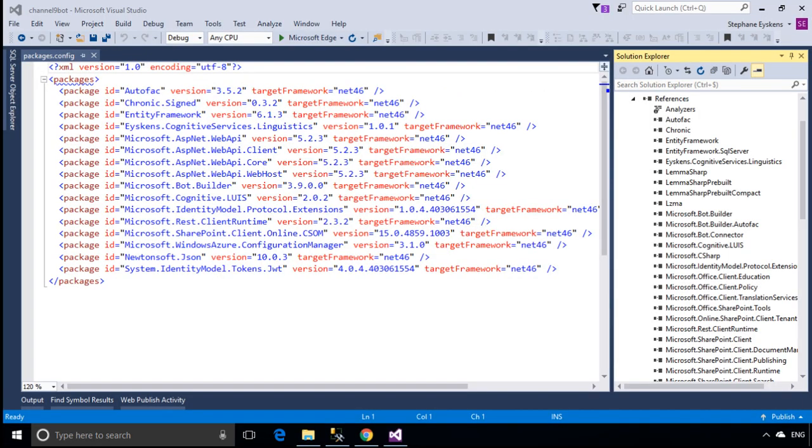Okay, back to the code of our chatbot. Here is what I changed since last time. First of all, I have added a few NuGet packages in order to deal with the Linguistic Analysis API, the